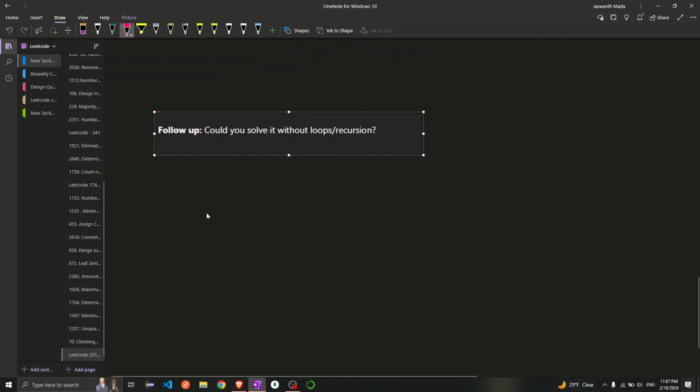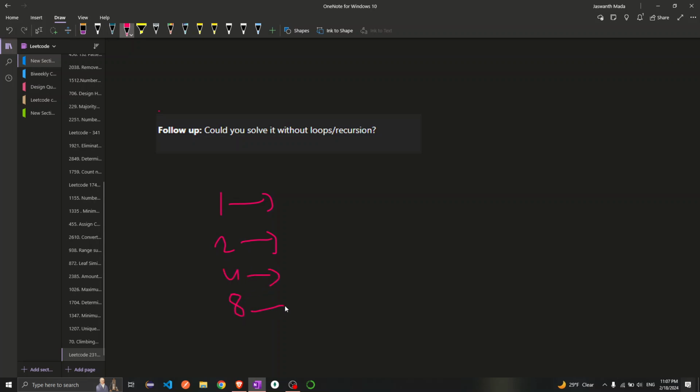So if you observe carefully, all the powers of 2, 1 is a power of 2, right? 2 is a power of 2. 4 is a power of 2. 8 is a power of 2. 16 is also a power of 2. 32 is also a power of 2. You write the binary representations of these: it will be 1. For 2 it will be 1 0. For 4 it will be 1 0 0. For 8 it will be 1 0 0 0. For 16 it will be 1 0 0 0 0,